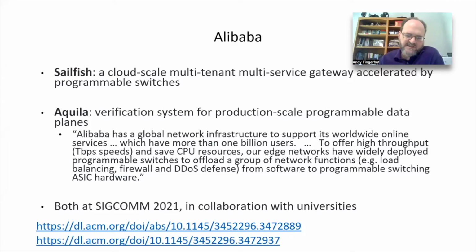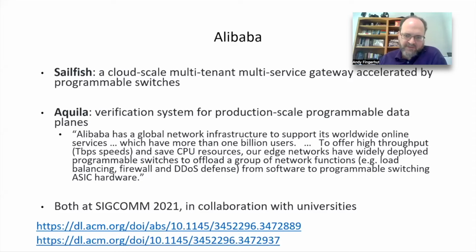Aquila is a verification system where they tried several other verification tools for testing their deployed P4 programs in network switches and found some things lacking and fixed it. They created a new system that they felt met their needs better for verifying these systems.